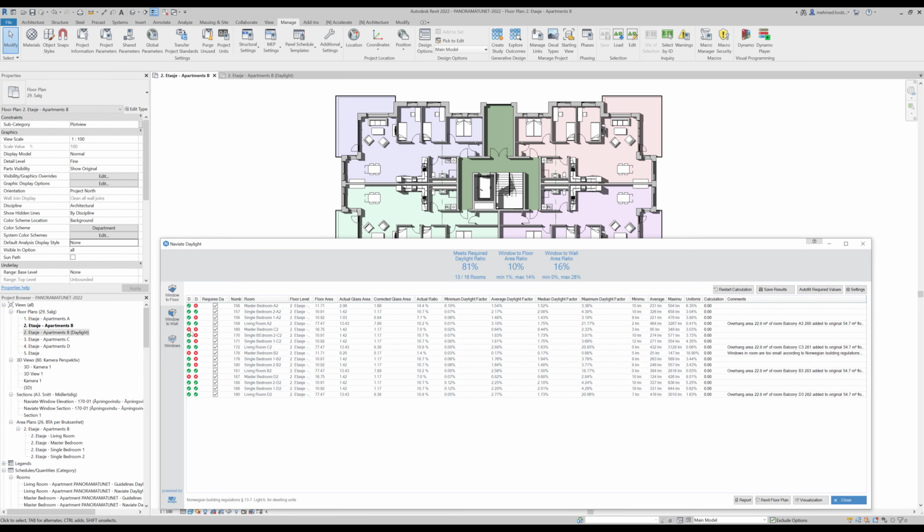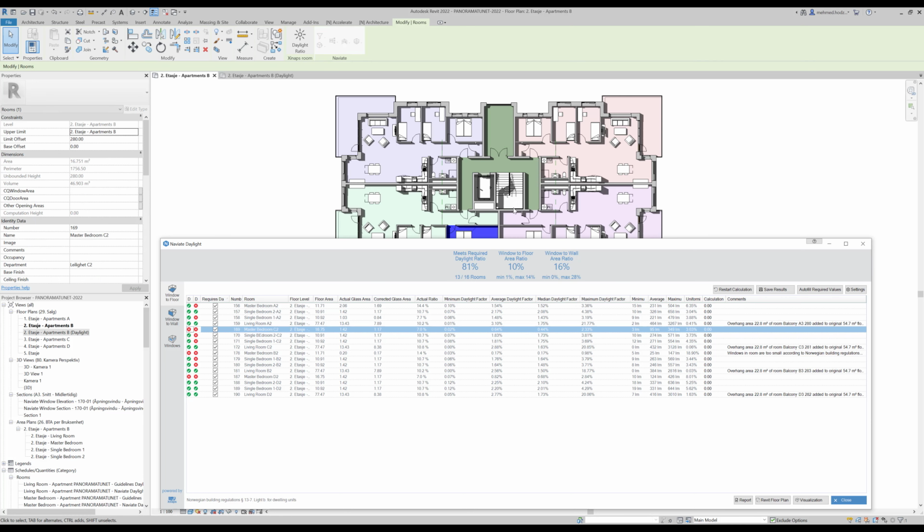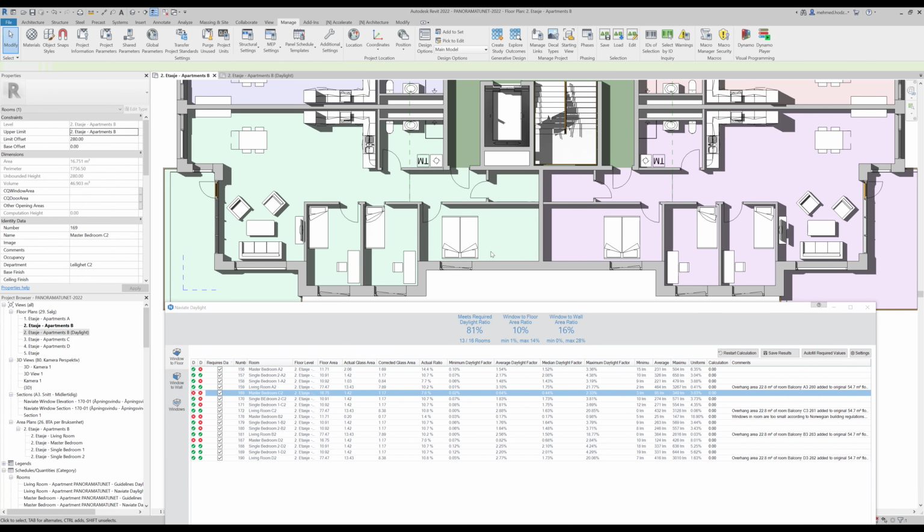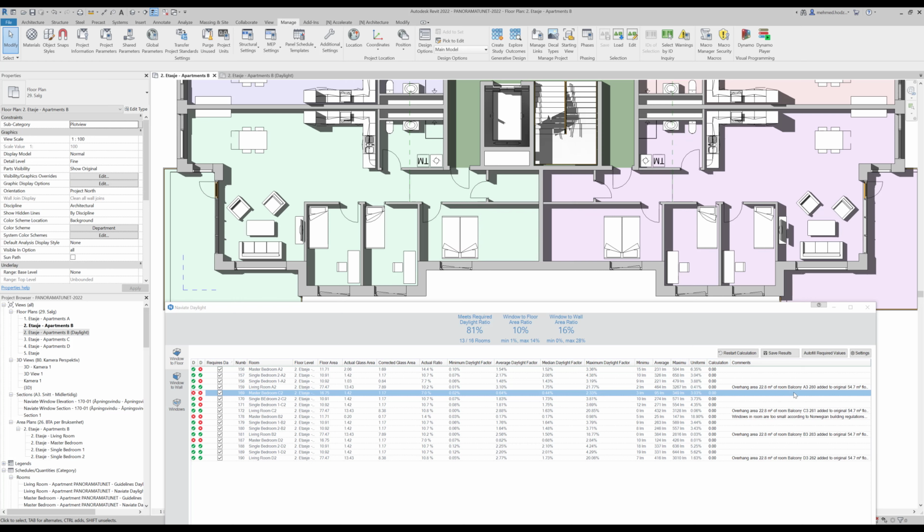So for example, for this room here, I would like to see what I can do in order to make this room meet the requirements. So it doesn't meet both daylight ratio and daylight factor. I'm gonna double click on it. As I can see, yeah, no comments provided, so the shape of the room is good, or it follows the guidelines,